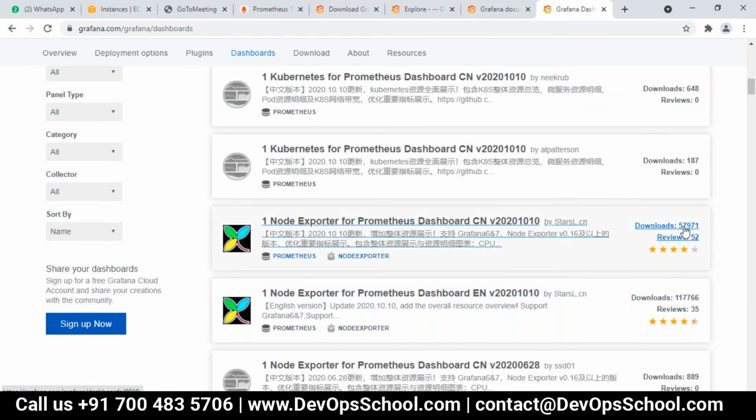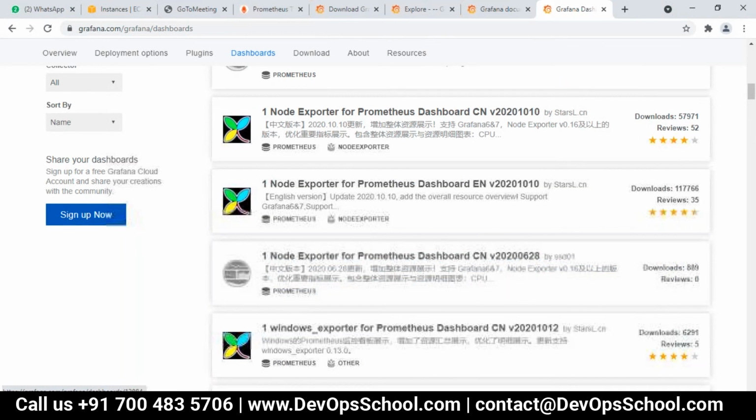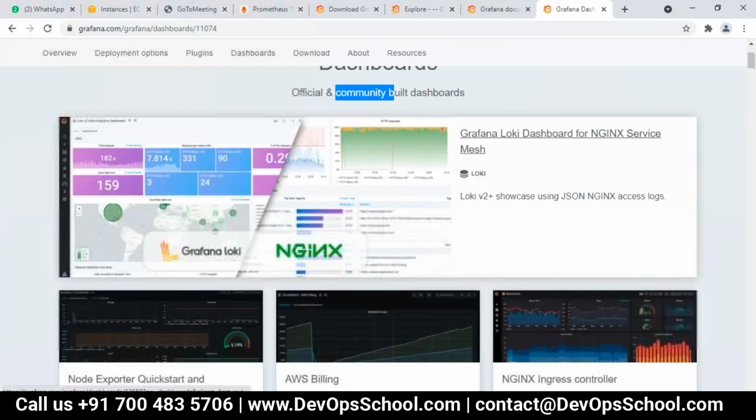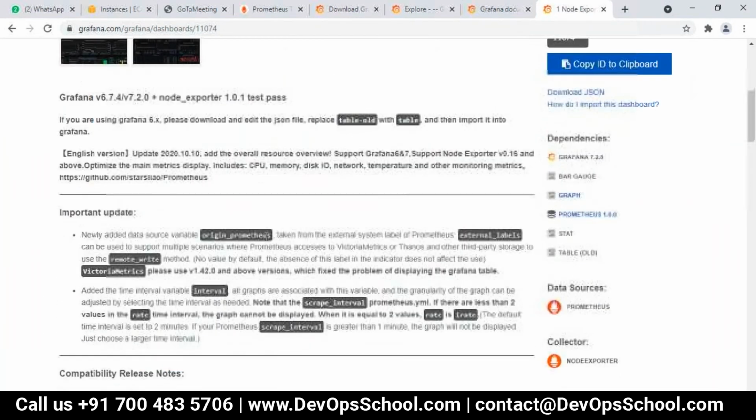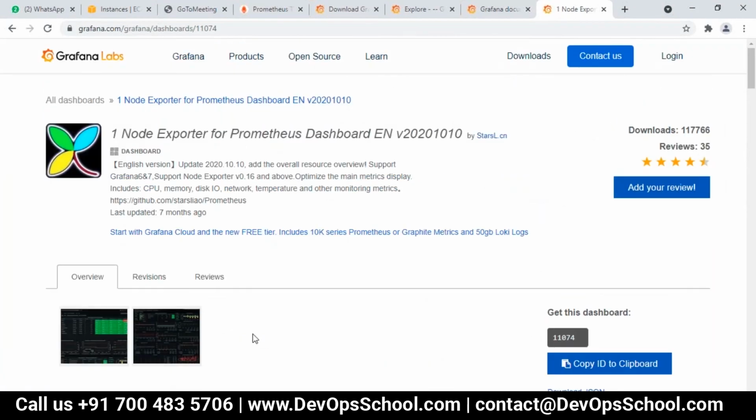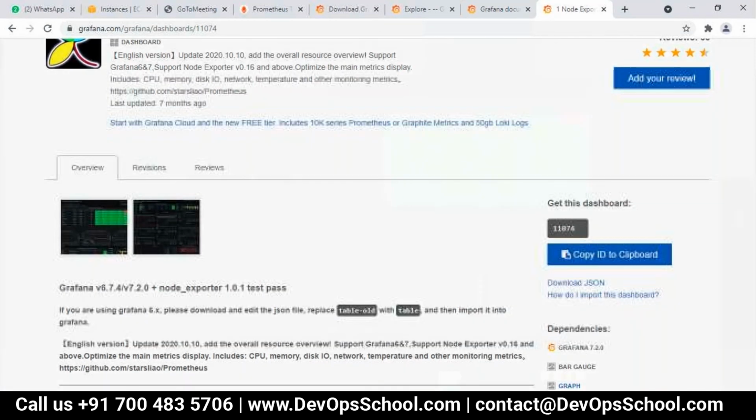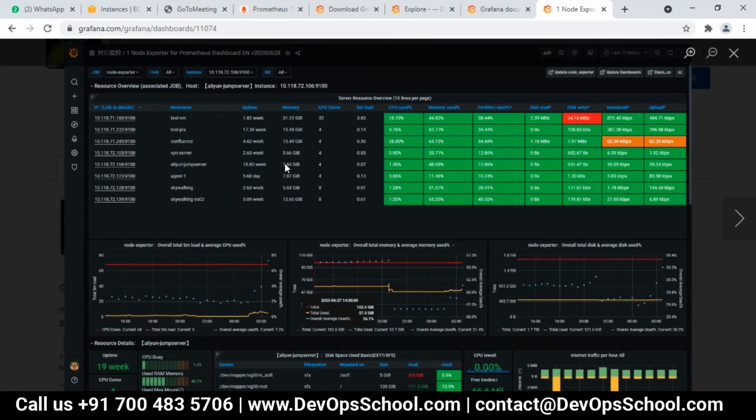Can you see the downloads, 57971? Node Exporter for Prometheus dashboard. If I click on this, your dashboard GUI would be like this.